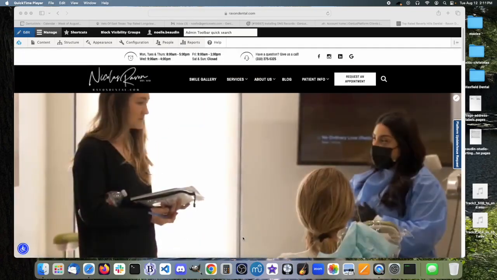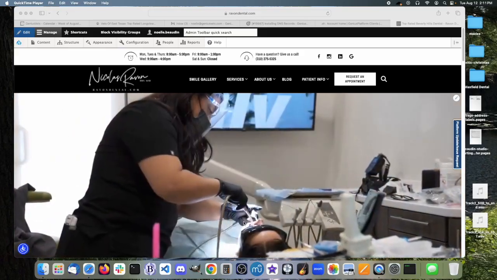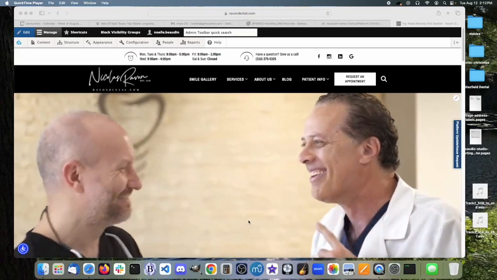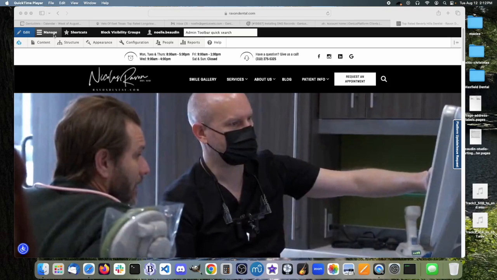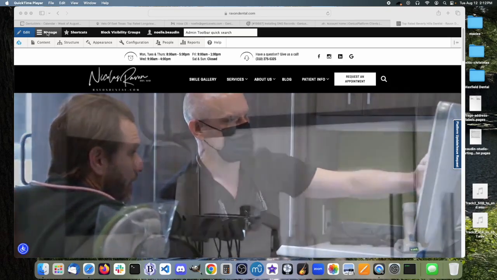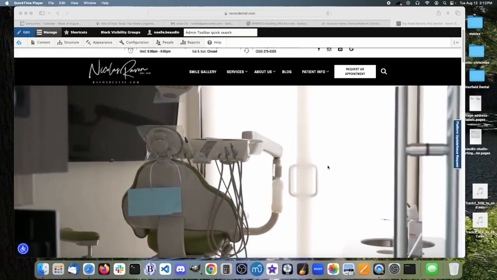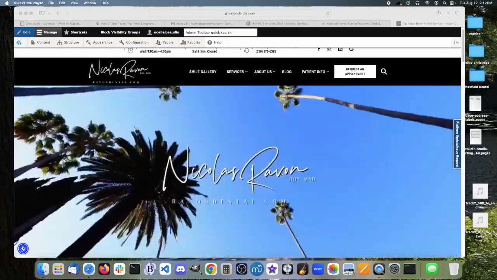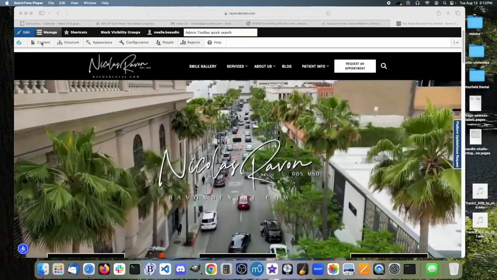In order to add or edit information on the home page, you need to be able to access these blocks individually. The first thing that you have to do is log in. You can see I'm already logged in. If you have a video on the site, it's likely that the client will not want this replaced. If there are images on the site,